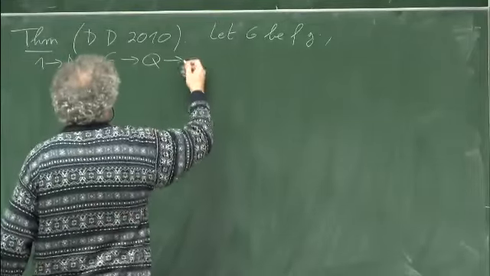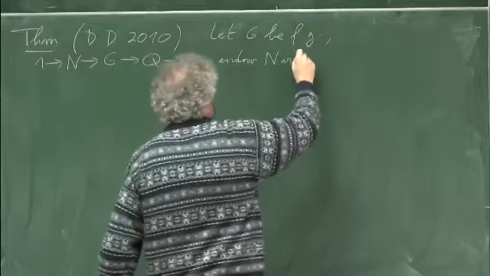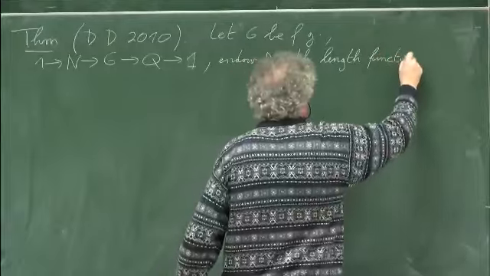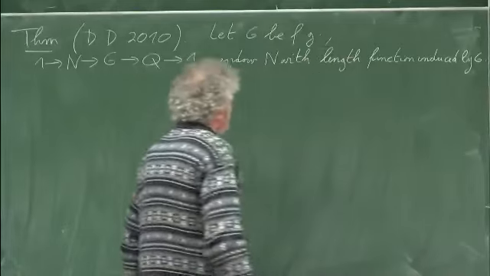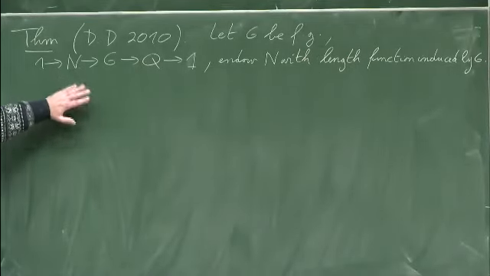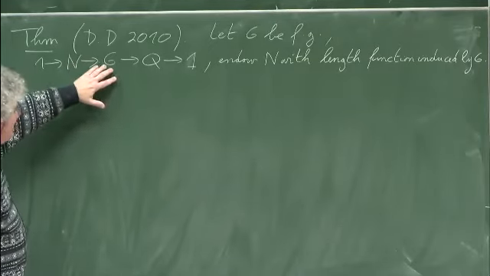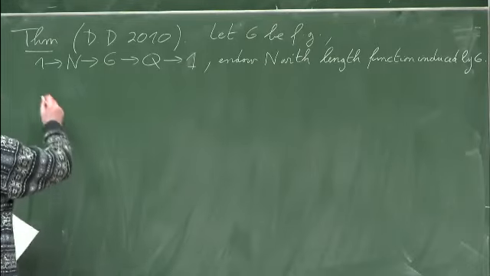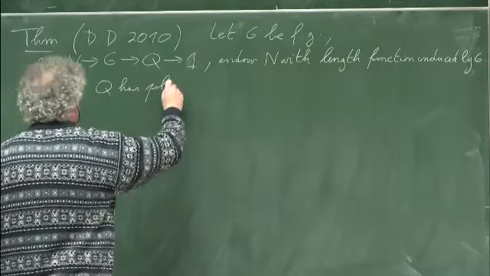a short exact sequence like that, and we endow N with the length function induced by G. So this means we are not assuming that N is finitely generated. But we view N as a metric space with the induced distance from the word length of G. And then the first result is that if Q has polynomial growth,